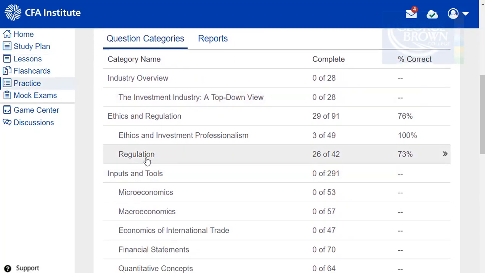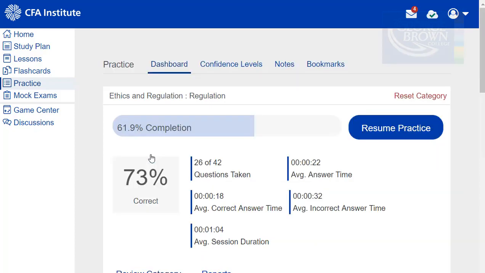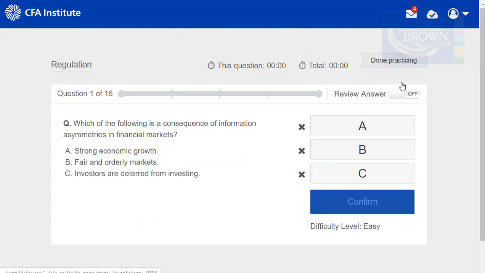So if I scroll down here to regulation, you can see that I've answered 26 of 42 questions. I'm going to click on that, and I'm going to resume my practice. One of the things that I wanted to show you here is that review answer. There's a functionality here, on and off. When it's on, you're going to review each question as you click confirm. When it's off, you're going to answer a number of questions in a series, and then you can go back and do your review. So for example, if I leave it on to start with,